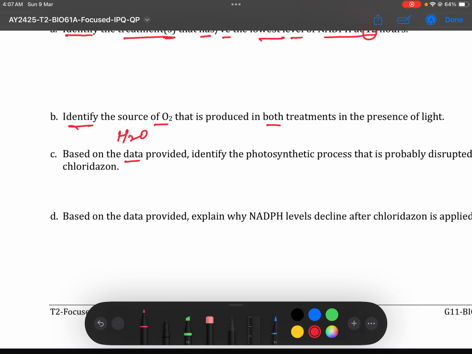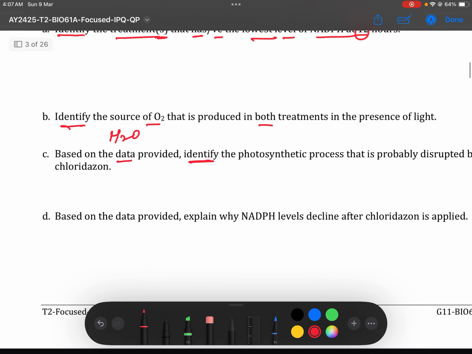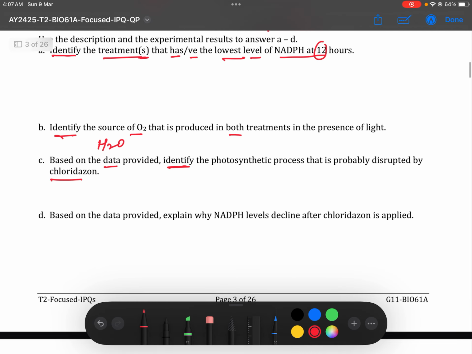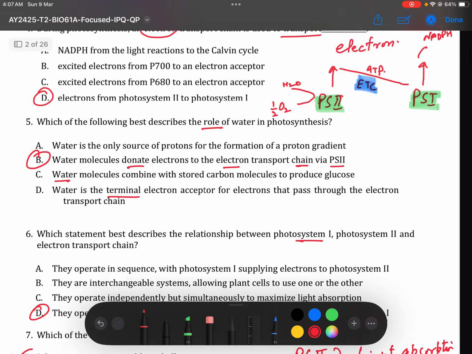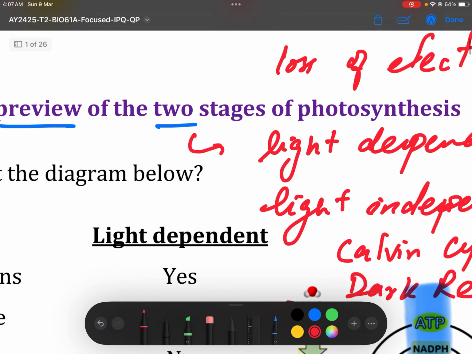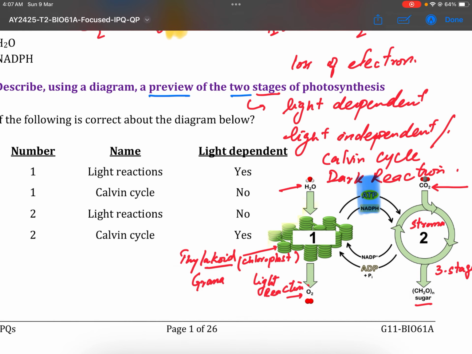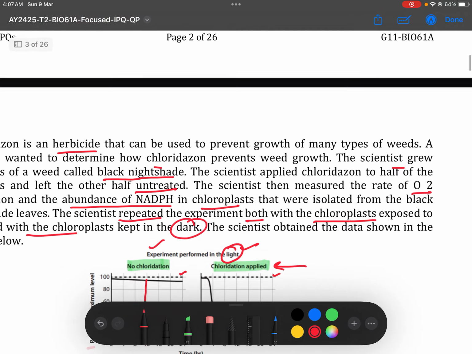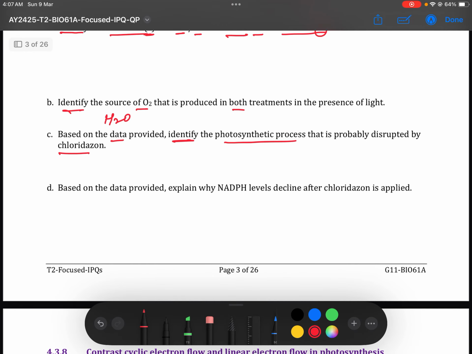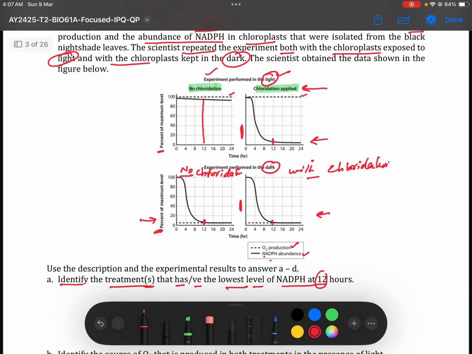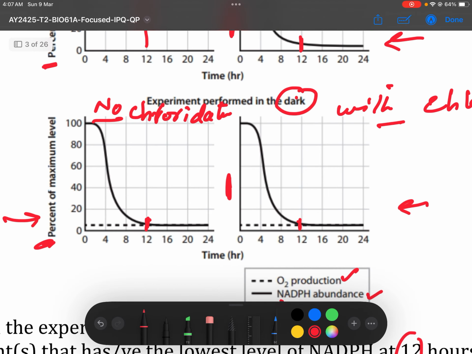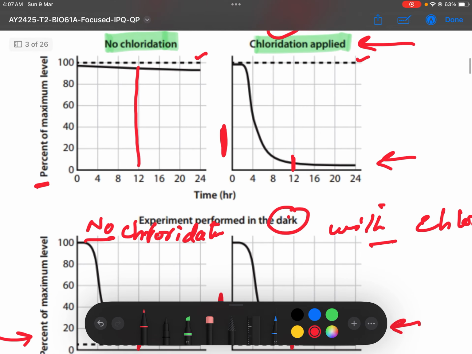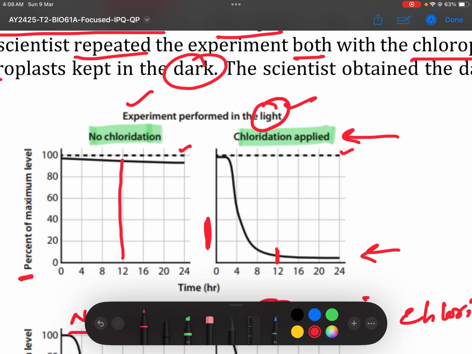Based on the data provided, identify the photosynthetic process that is probably disrupted by the chloridazone. So photosynthetic process, we learned 2 processes above. If you go back here, we learned 2 processes or 2 stages: light dependent or light independent. You need to say in this question whether it is light dependent or light independent. We can see in the dark there is nothing happening, no oxygen produced, but when you applied chloridazone, the oxygen level is still there, but